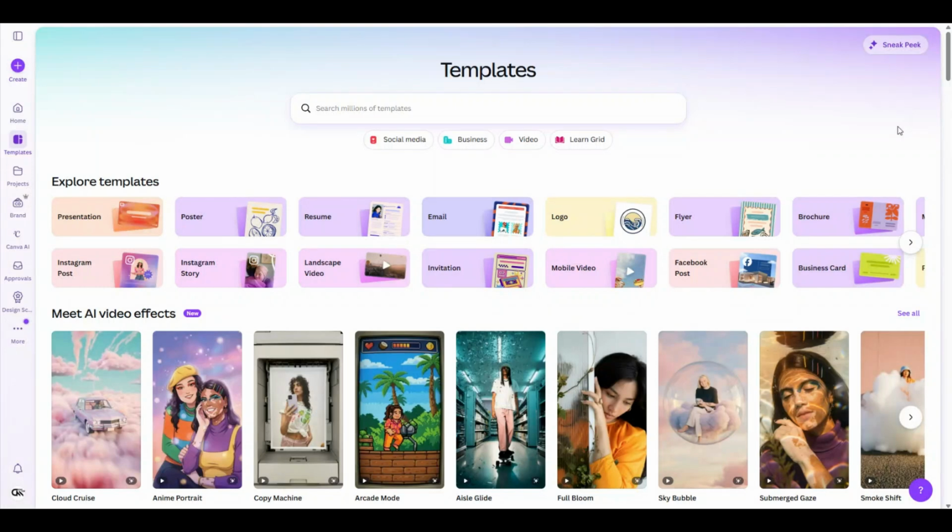In this video, I will be showing you how to space text in Canva. Let's get started. I'll start by browsing through the Canva template library, where I can see categories for everything from